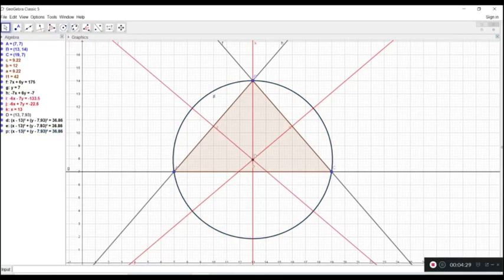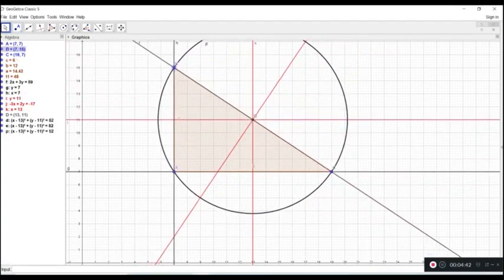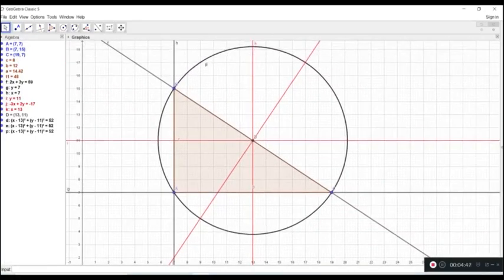So here we have taken an acute triangle. We can make this a right triangle by moving. By taking the move option, we make it a right triangle. So this is our right triangle, and we can prove that the perpendicular bisectors of the three sides meet at point D. Here also D is the circumcenter, and this circle is known as the circumcircle.